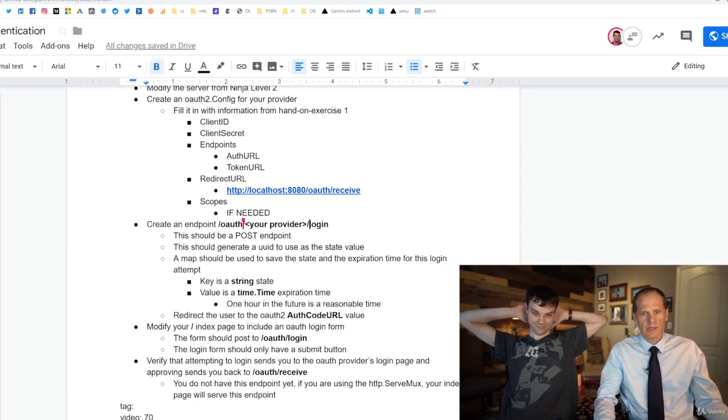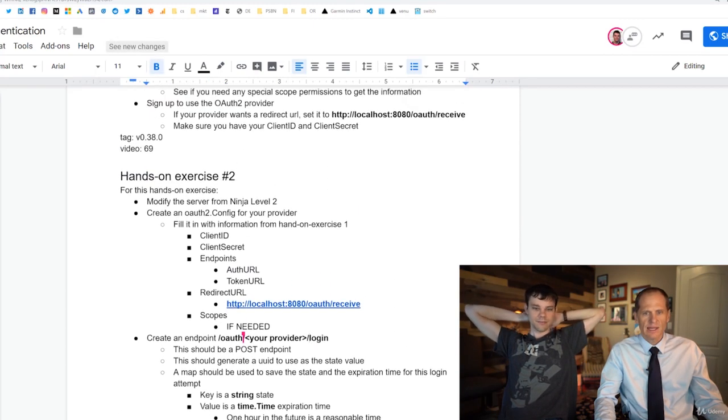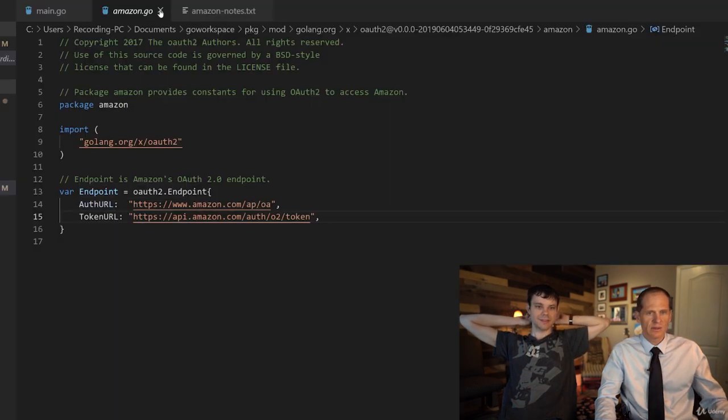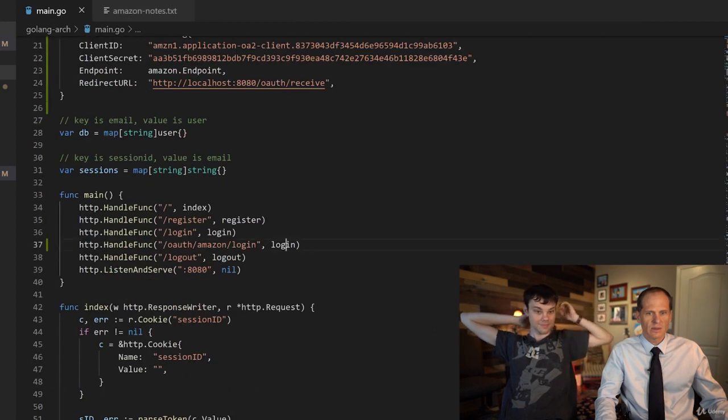Now create an endpoint OAuth provider login. Hey, we did that. And this should be a post endpoint. Okay, so we could totally do that. And here it is, and it's going to be